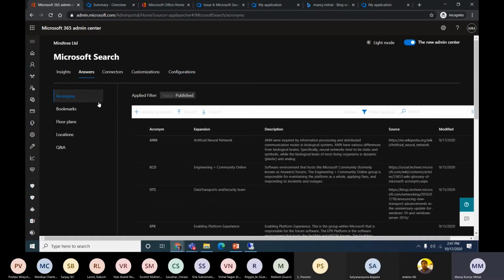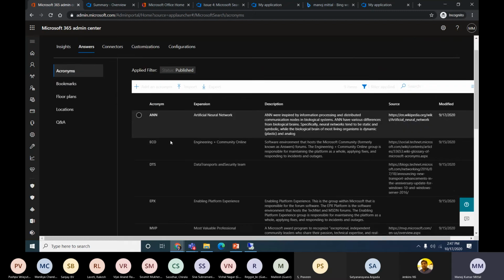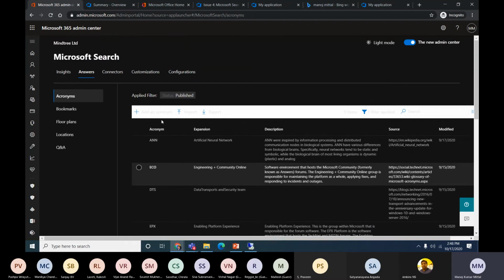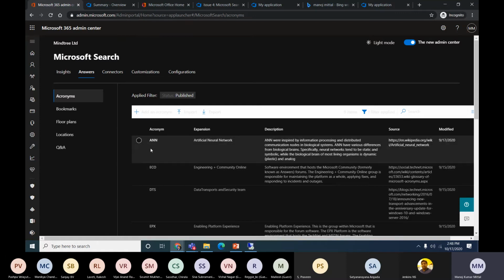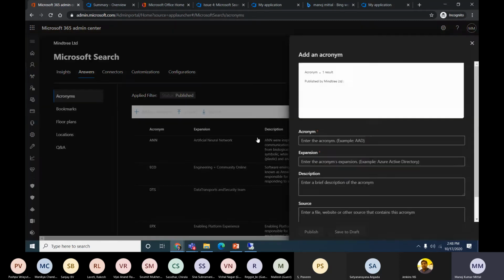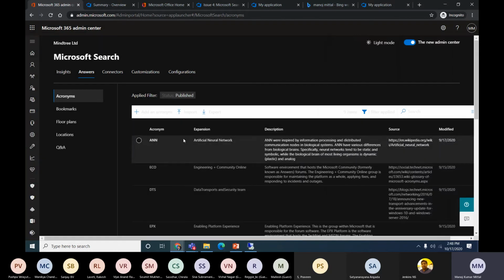Yeah, so I'll go back to this section. So what is the acronym here, okay? These are a few keywords, and some of the keywords we need to design and showcase in our organization as promoted results. As you can see, I just added here, we can add acronyms, which is required, like how we edit the acronym name, expansions, and all that information. So we can edit those contents from here once it gets published.